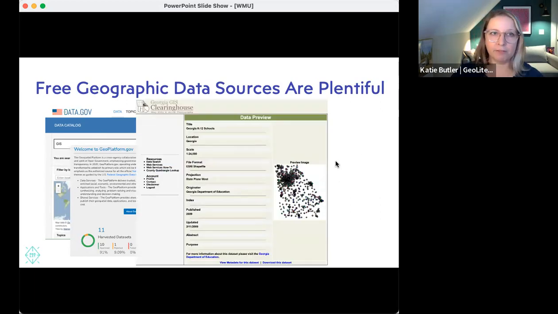This is, again, from my state. Your state probably has, in fact, I know that Michigan has excellent geographic GIS professionals at the state level who collect and provide data. So your state probably provides you with additional free geographic information for your use and download. In this case, I did a search for schools, and then you can see there's this layer that you can download. This is a point layer. You can see all these dots, right? So these are just point data of schools.